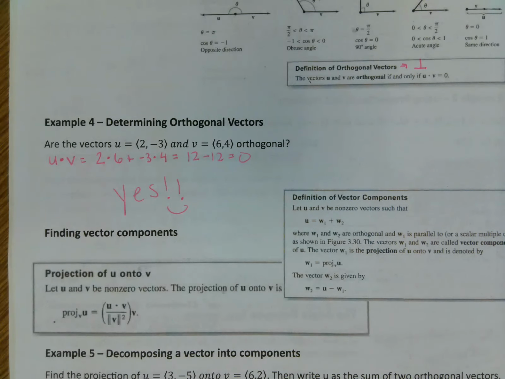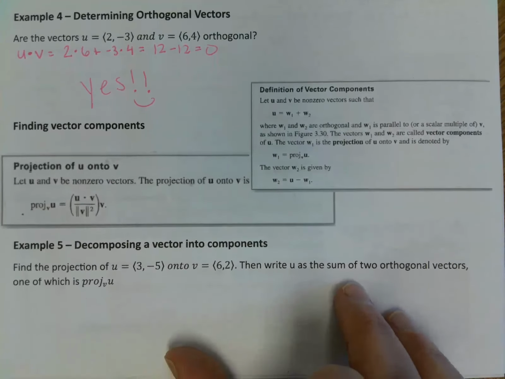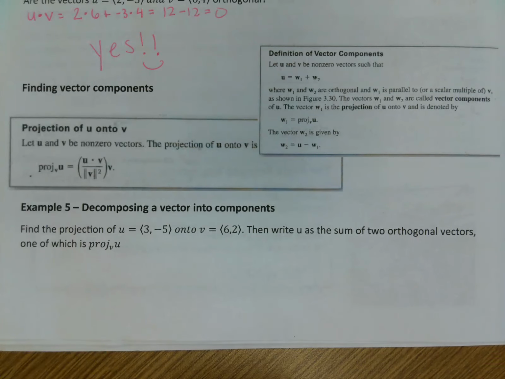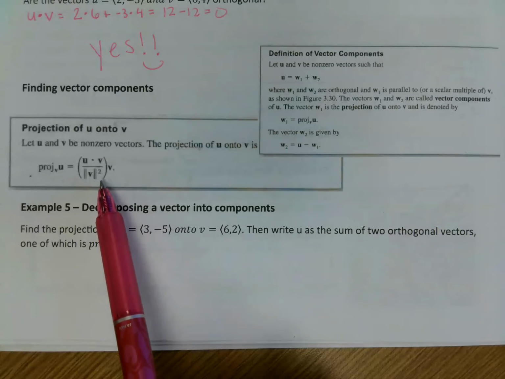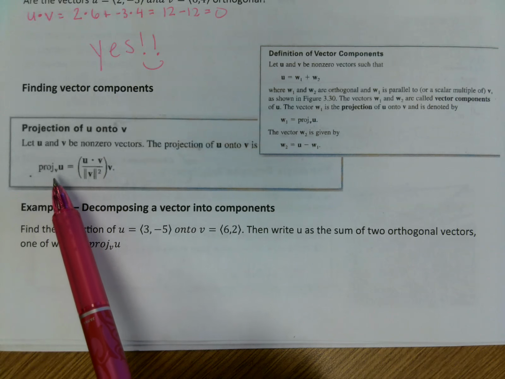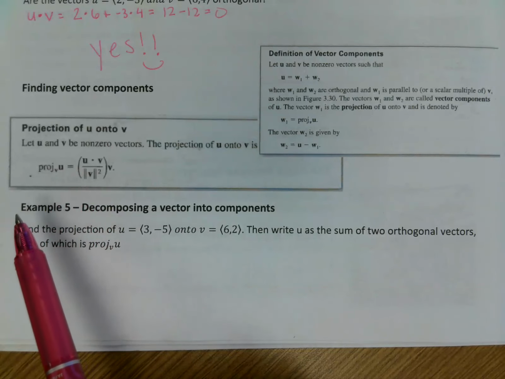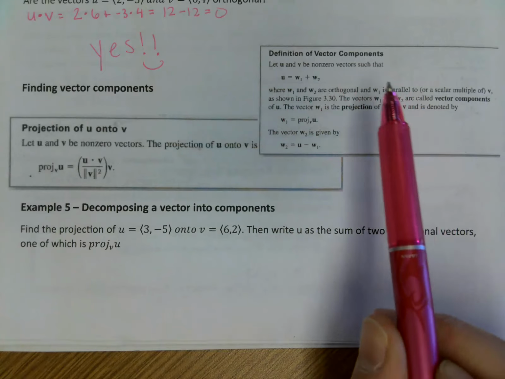Now this is where we start talking about applications again. When I talk about our applications, this is like the essential math of physics. How can we get physics or moving components or be able to fly into space? Well, it's the math with vectors that helps us get to that component. So we have two different things. We have a projection component. When we have a projection of v onto u, this is the formula that we're going to be using. Or if we have a definition of vector components, we can also use this definition of vector components